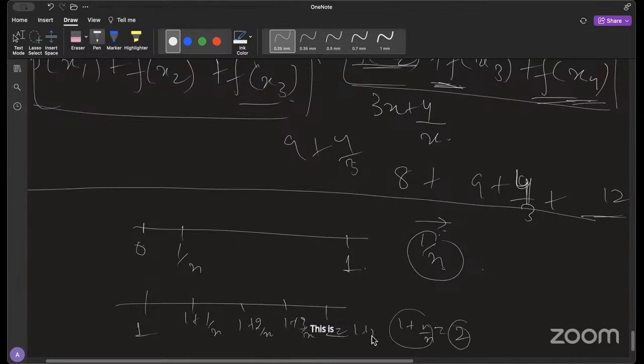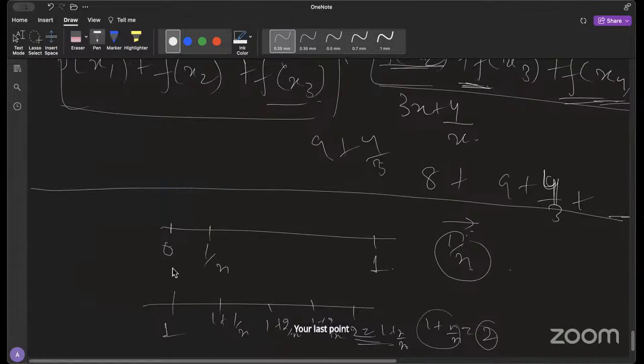This is 1 plus n by n, your last point. Here, if you do, you'll get 1 by n, 2 by n, and so on. This will be n minus 1 by n, and this will be n by n. And then you